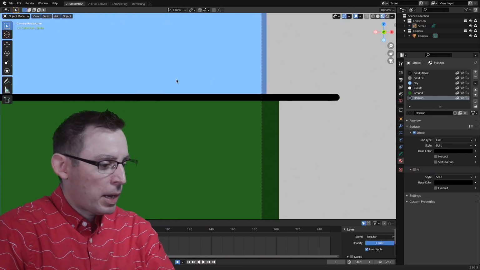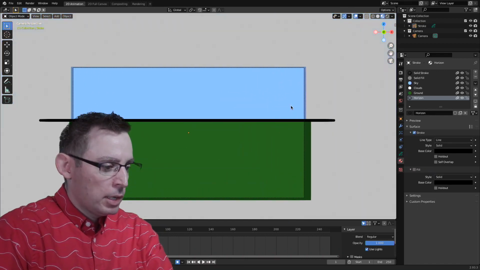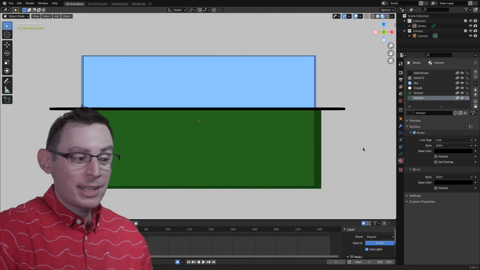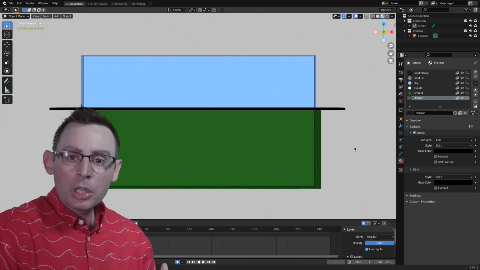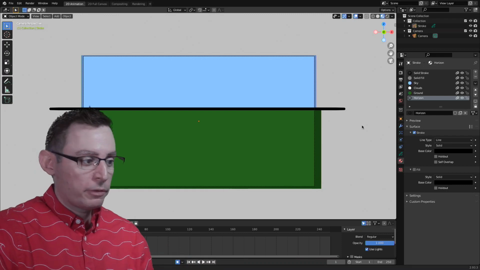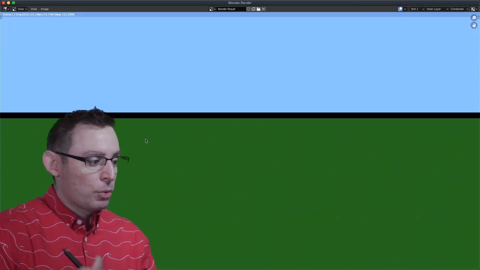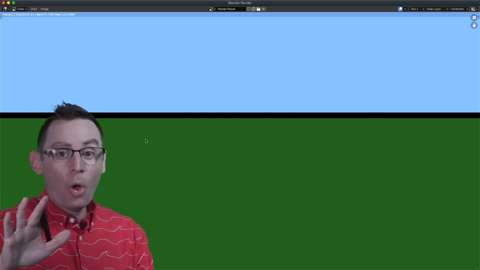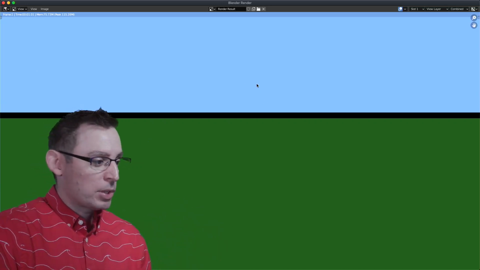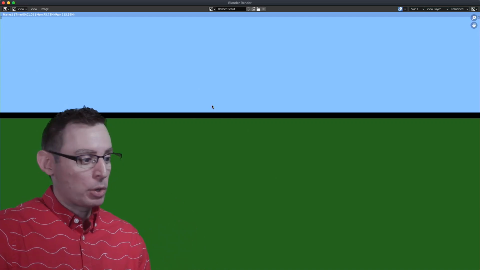Also, I do a spot check from time to time in object mode just to get rid of all the stroke outlines and see how things are working. If you're really curious how your illustration is going to look in the final render, don't be afraid to go up and just render the image real fast. This is the cool thing about working inside of Blender, is that all of this functionality is right at our fingertips, and we can see exactly what the computer is going to produce for us.